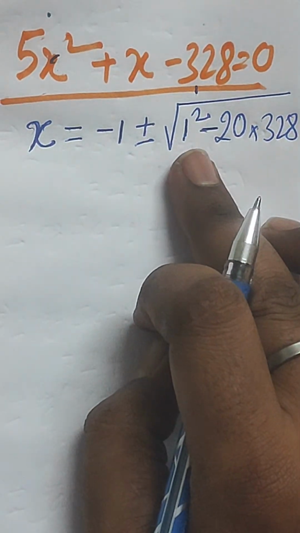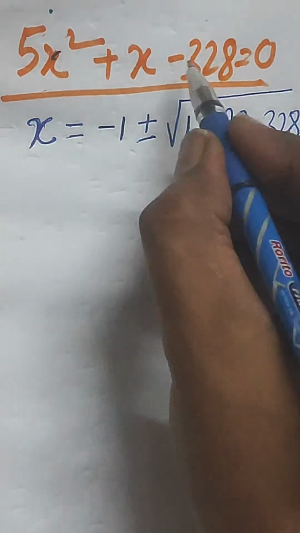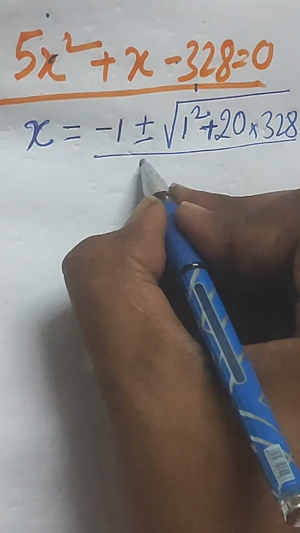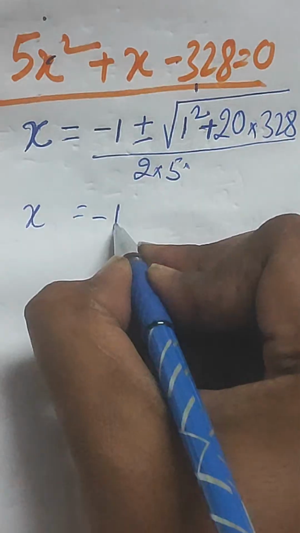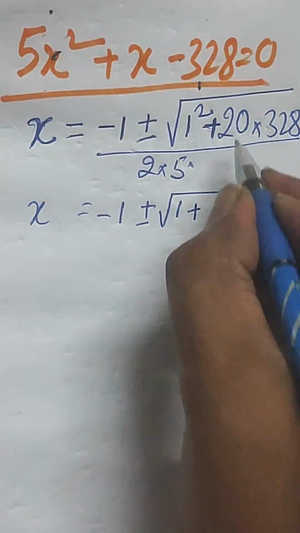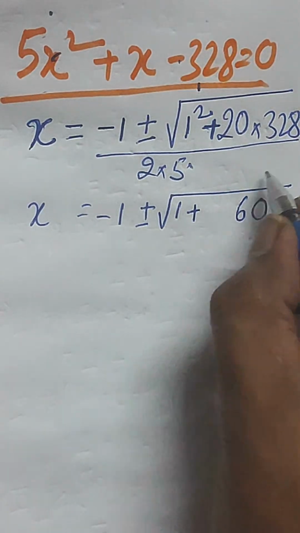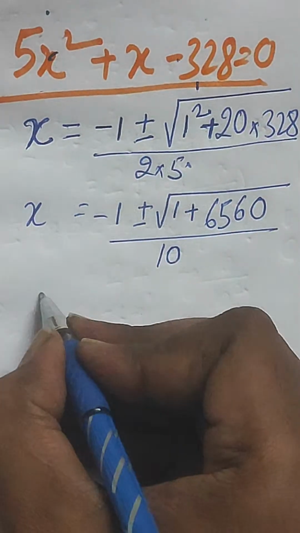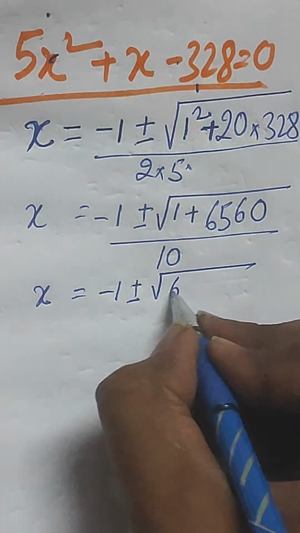So 1 square, here you can see 1 square, minus this minus will be multiplying with this, so this will be like this, divided by 2a, that is 2 into 5. So this will give you the value of x as minus 1 plus minus root over of 1 plus 20 into 328, which is 6560, so 1 plus 6560, divided by 10. So this will give you the value of x as minus 1 plus minus root over of